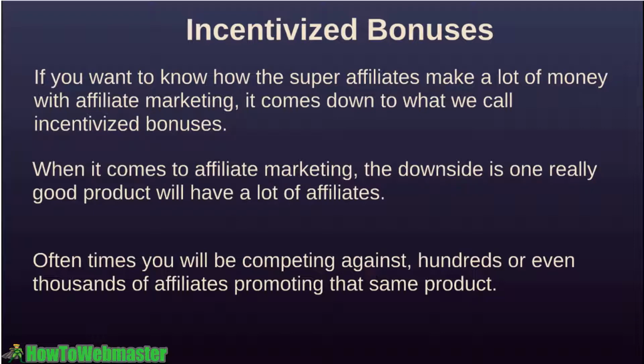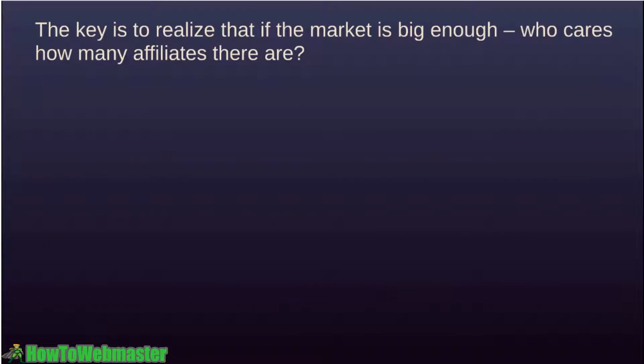And a lot of them might have incentivized bonuses, but if you have the best incentivized bonus, you will win. Now, the key is to realize that if the market is big enough, who cares how many affiliates there are? In fact, we have moved into markets as a very small marketer compared to a lot of big marketers, and realized that, wow, we actually got on the top 10 compared to these people who have big lists of